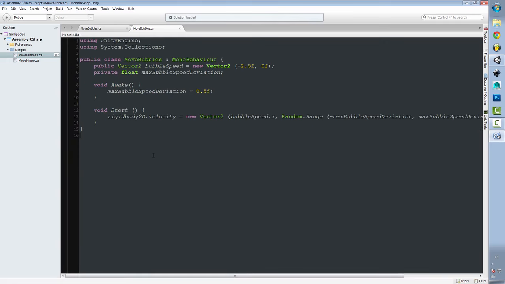It is really easy to understand. So inside your move bubbles class, you have two variables, one public and one private. Okay, you have a Vector2 bubble speed public variable with a value of -2.5 in the x direction and 0 in the y direction. And now you have a private float variable, max bubble speed deviation. Okay, you set its value in the Awake call. Okay, max bubble speed deviation equals 0.5, and inside the Start call you